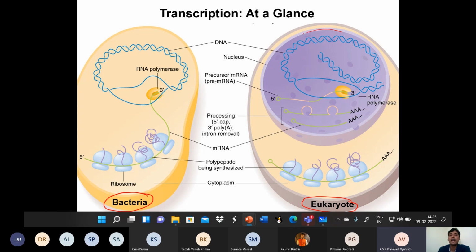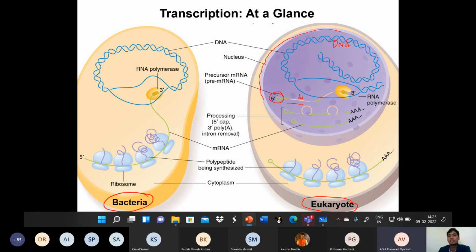This is the nucleus, and inside the nucleus you have DNA. But in case of bacteria, the DNA is present here, just one DNA molecule in case of most bacteria, that is circular DNA. After transcription, here you can see the transcript or mRNA, and it has a 5' cap,